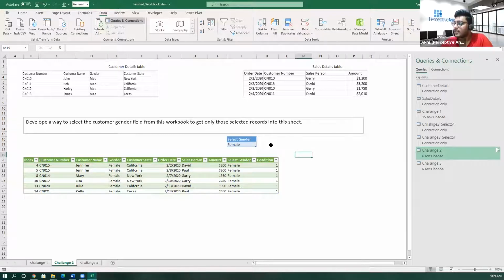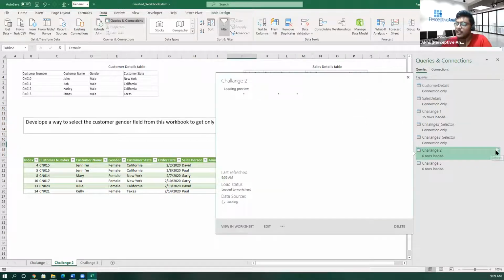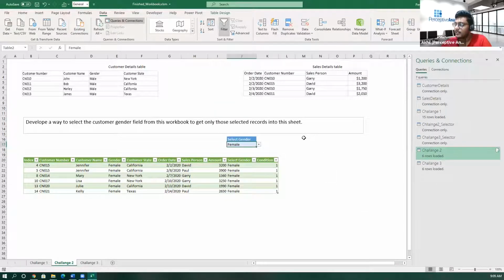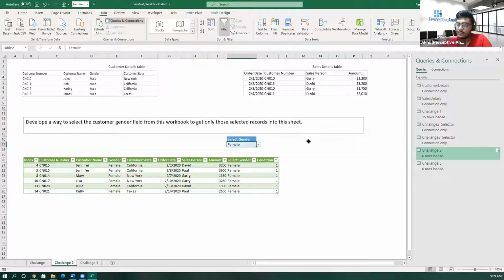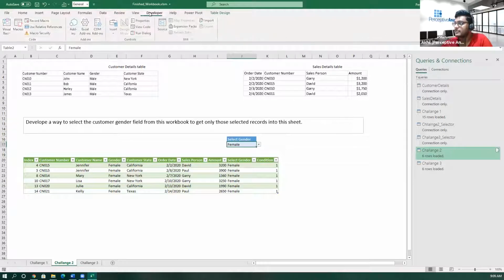Okay, so to automate this using VBA, there are only 3 simple steps involved. One is to record the macro, the process that we are doing to refresh it. Number two, assigning that particular subroutine or code to a button to do it by a single click. And third, assigning that macro to this particular cell, so whenever the cell changes, that macro will run. Okay, so let's step in to do that.